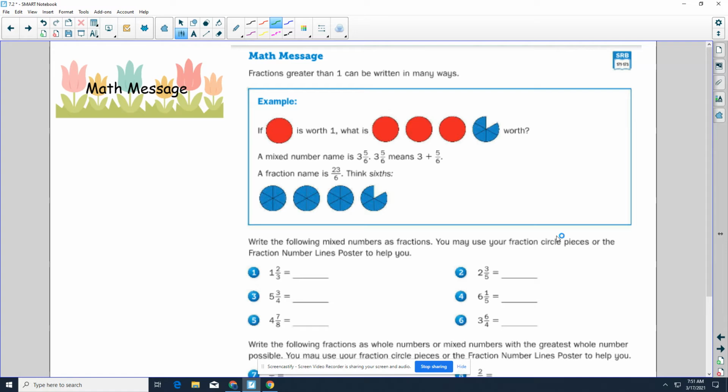And then we see here we have 1, 2, 3, 4, 5, and there's one piece missing. So it would be 3 whole circles plus 5/6 of another. So another fraction name for that could be